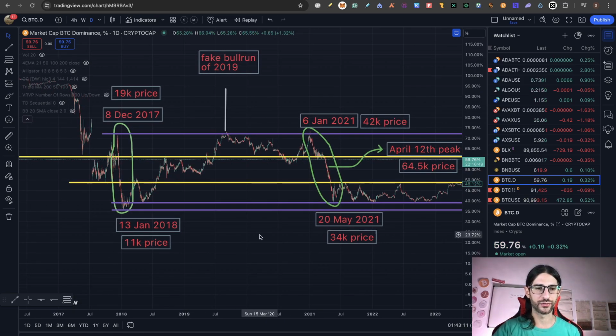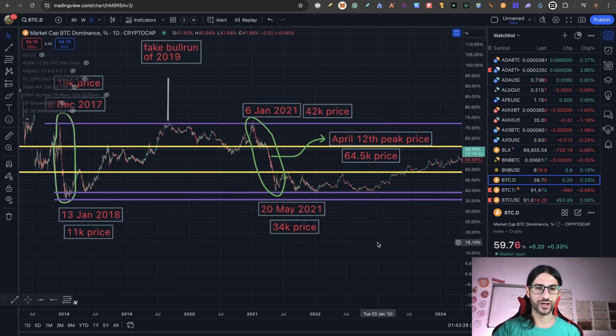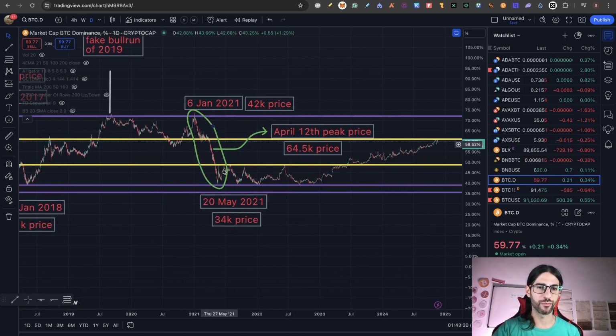When Bitcoin dominance is already at this lower percentage, that means that we are already entering into a bear market zone, and we are going to start building up dominance again for the rest of the bear market. The same happened after this 2021 peak. On the 20th of May we were at 34k. Bitcoin anyway did a second top in November, but from there you can see the dominance between 40 and 48. We reached our bottoms on the price of Bitcoin, and then slowly started to rise again the dominance since 2022.